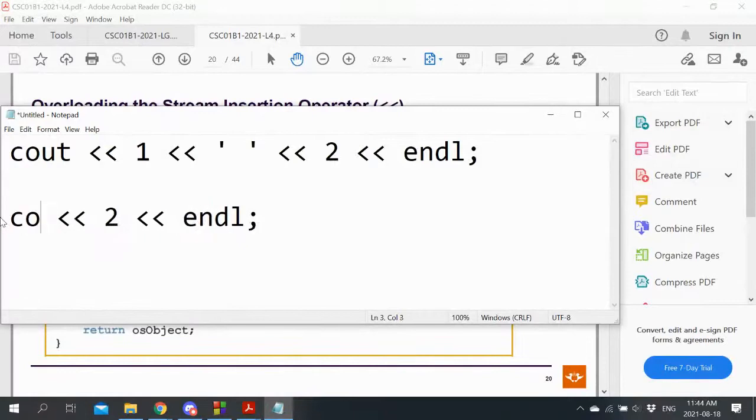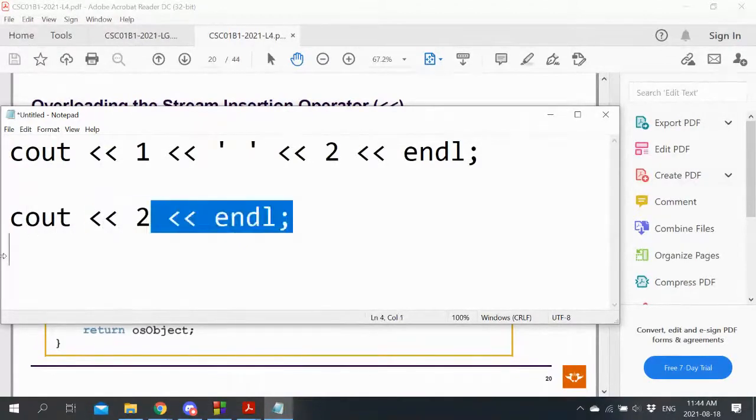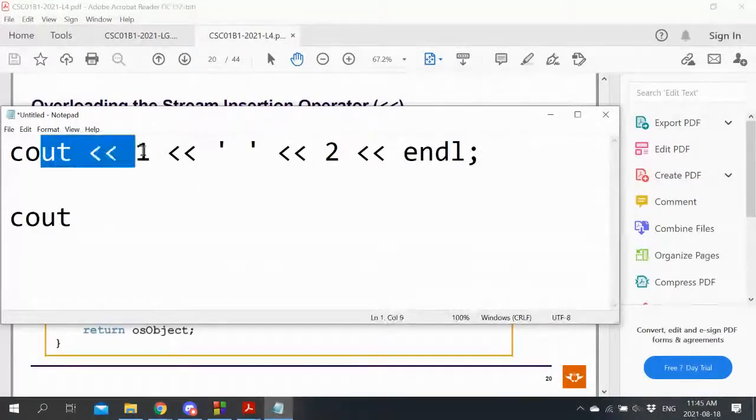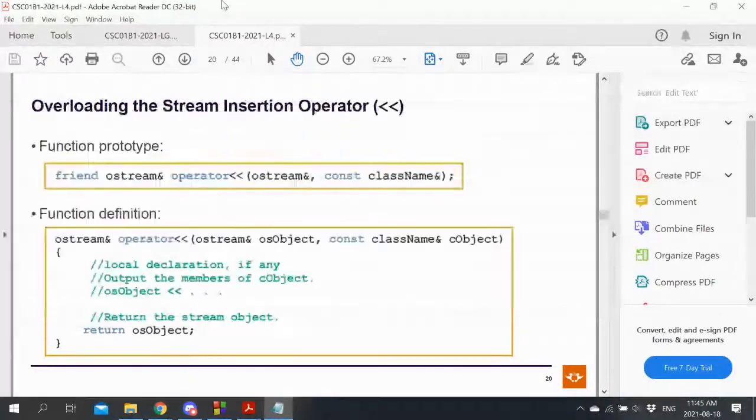Then the next one gets evaluated, and cout gets returned. And the next one gets evaluated, and cout gets returned. And then obviously it's done. Cout gets returned, and nothing happens with it. It's done now, but it still gets returned at the end. So that's how these long chained expressions get evaluated. For that to work, our return type needs to be a compatible stream type.